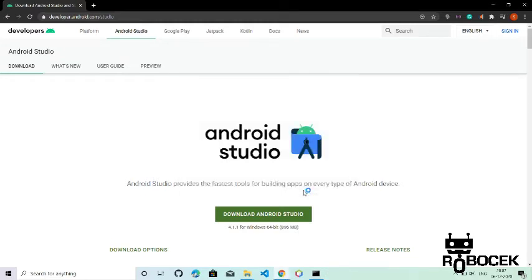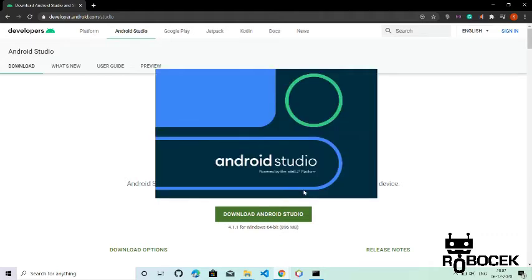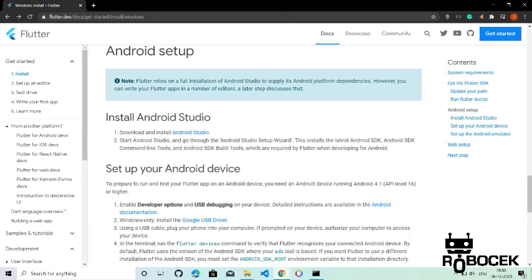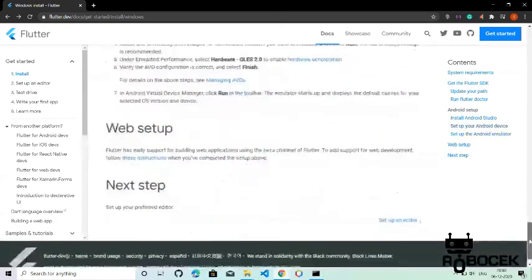Yeah, click on finish. We have downloaded Android Studio. Then go back. We can go back to the documentation and see what's next.